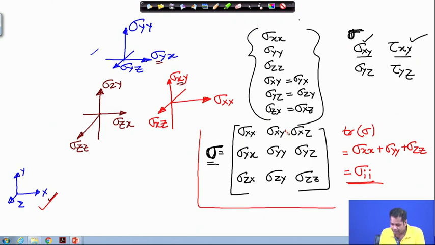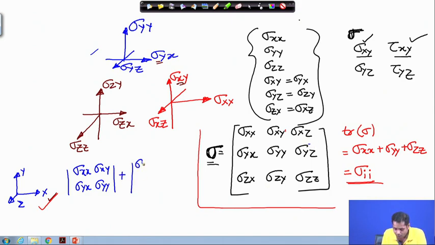If we take the first cofactor, then this will be the determinant of sigma xx, sigma xy, sigma yx, sigma yy, plus another one, taking sigma yy, sigma yz, sigma zy and sigma zz. So, another one is this, and the last one is plus